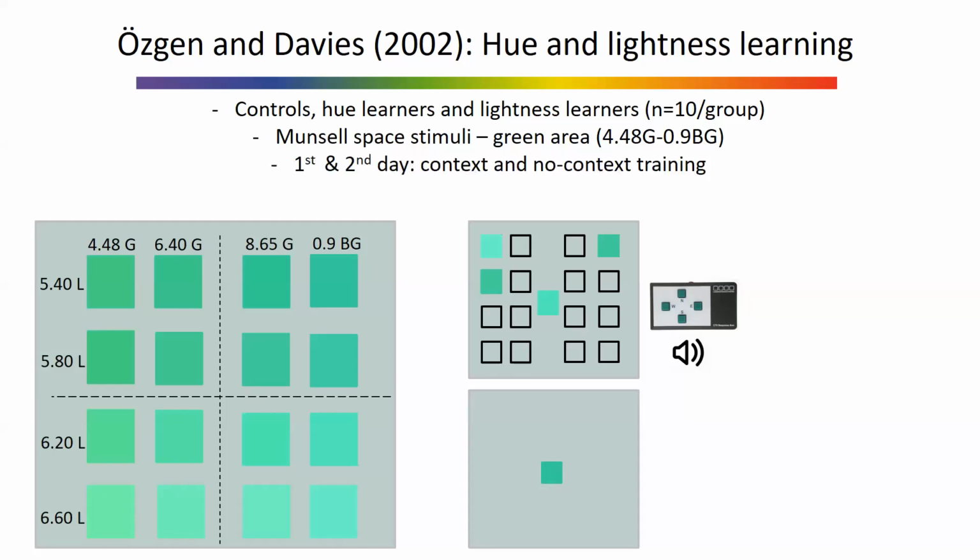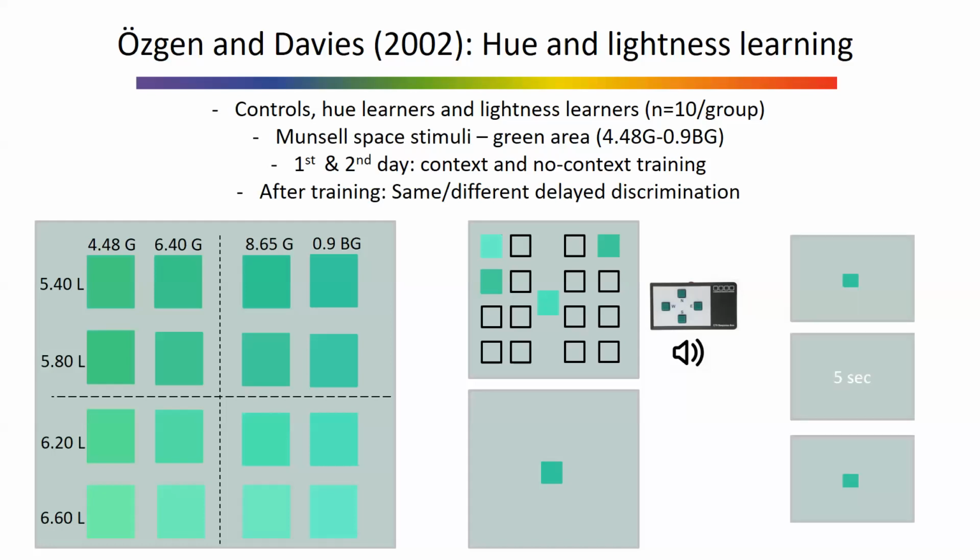Training groups come on the first day just to do training, and then come back on the second day, do a bit of top-up training, and then do a discrimination task, while the controls just get shown all the 16 colors to see what the stimuli are, and then they just do the main discrimination task. This is the same different delay discrimination, where you see one color, there is a 5-second delay, and you see a second color. The second color is either the same or different, and it will only differ in one step.